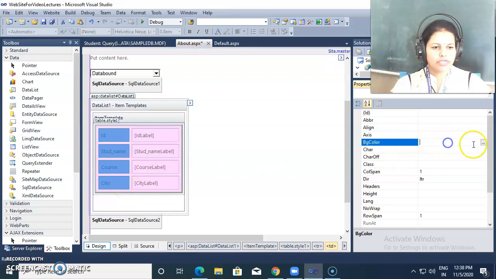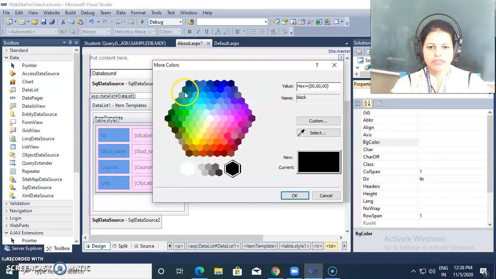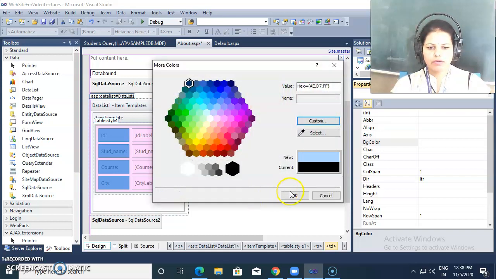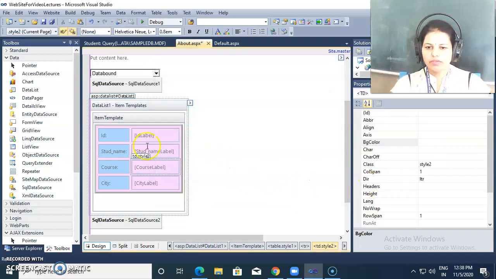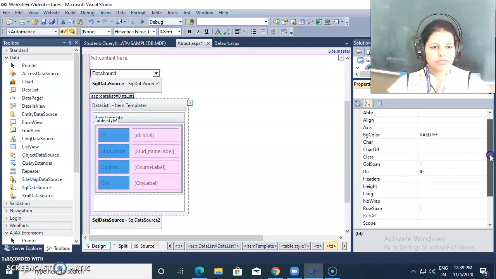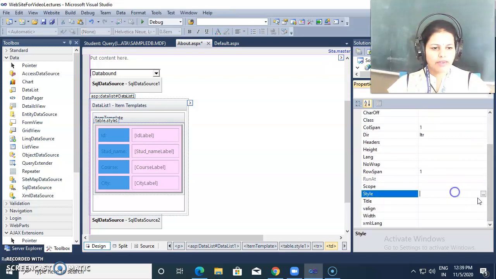BG color you may change as, I'm changing some faint color and giving some faint blue color. So this is the label, and also I'm changing the style.